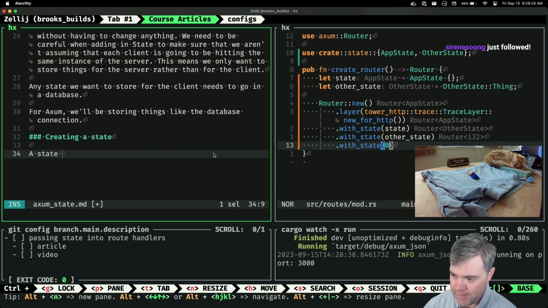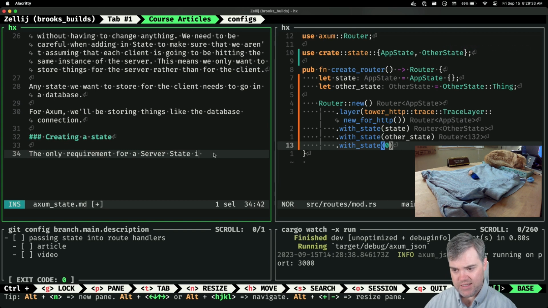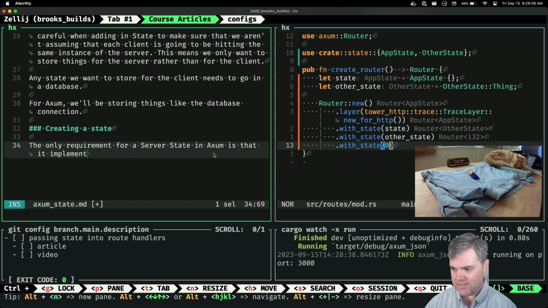How about that? The only requirement for a server state in Axum is that it implements clone.